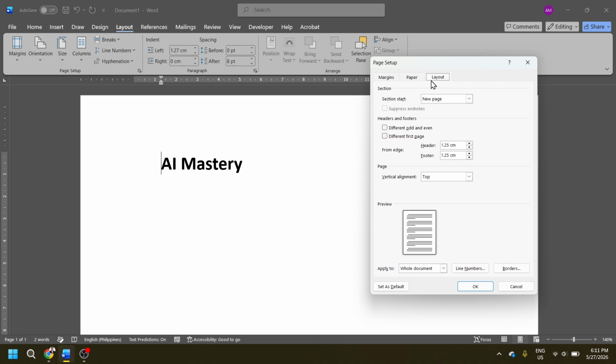In the Layout tab, locate the Vertical Alignment menu. Open that menu and choose Center. This tells Word to center the content vertically on the page, creating equal space above and below your text. The moment you confirm the dialog, Word will reposition your content so it sits exactly in the vertical middle of